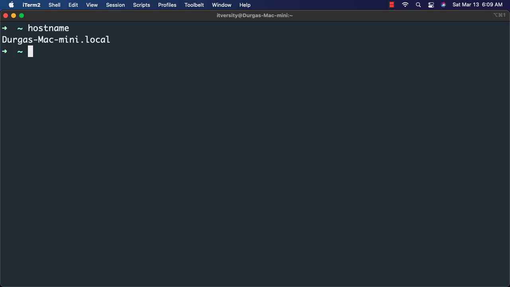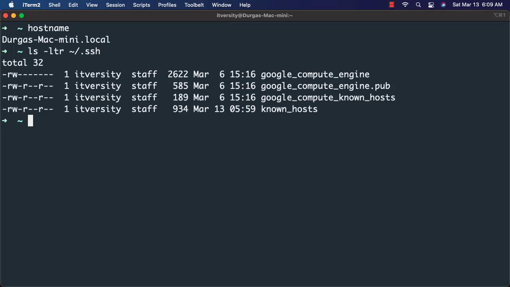First and foremost, you have to run a command called ssh-keygen. However, you might have already run it for whatever reason. To make sure that you haven't run it before, you can just say ls -ltr ~/.ssh and hit enter. You can see there is a folder in this, but there are no keys with the name id_rsa. There are no default keys generated. As there are no default keys, I can safely run ssh-keygen.